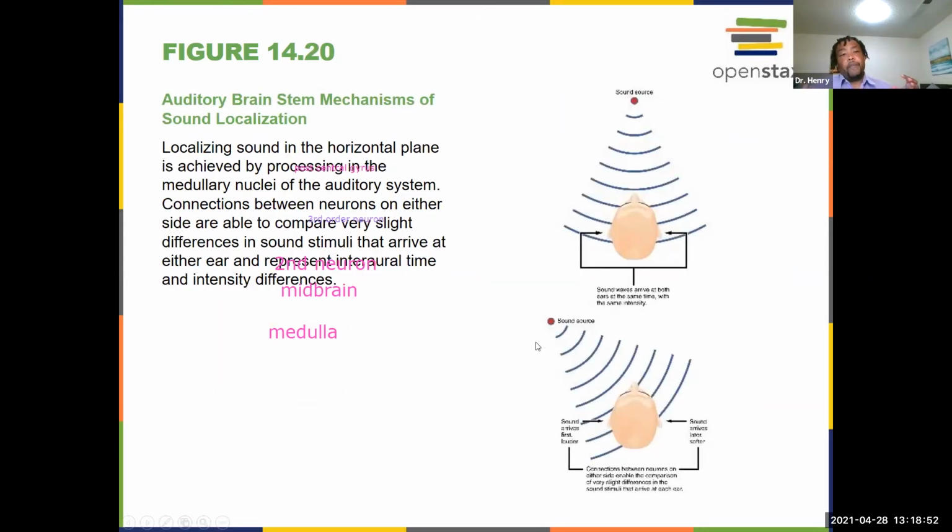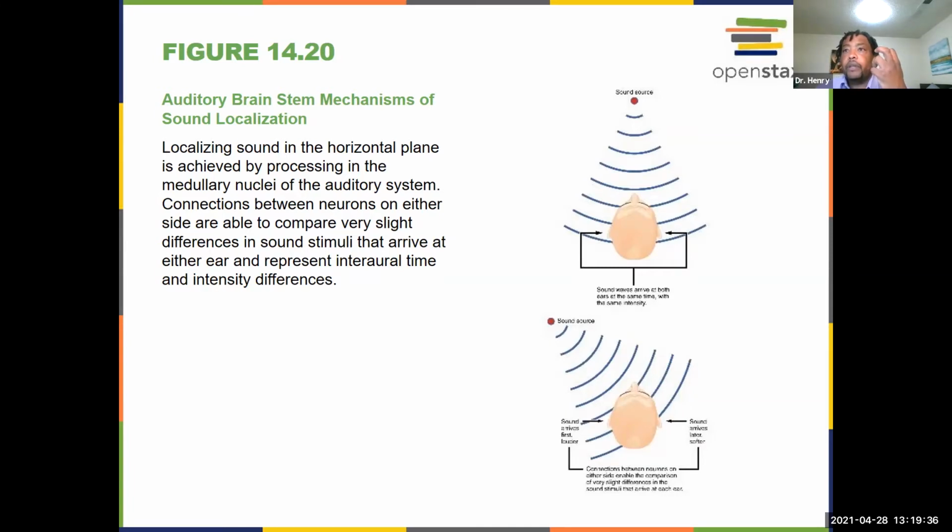Okay, so when we're thinking about the mechanism of sound, in this case, if sound is coming from, let's say, the left-hand side, what's going to happen is that the auditory system is going to try to compare. So that ear, our ear on our left-hand side, the sound is going to arrive there first, and